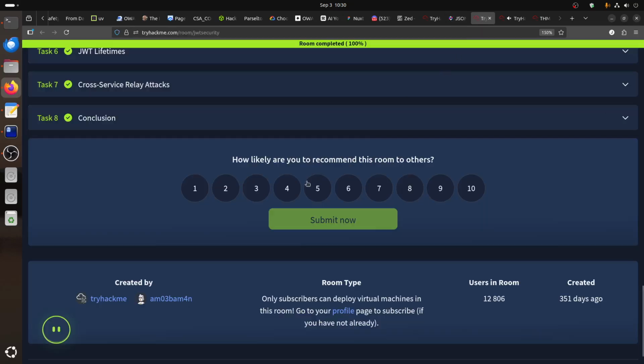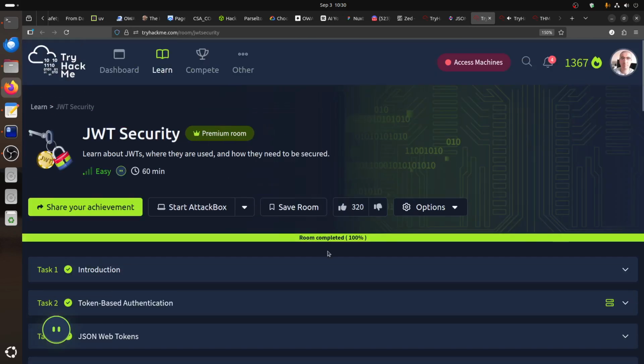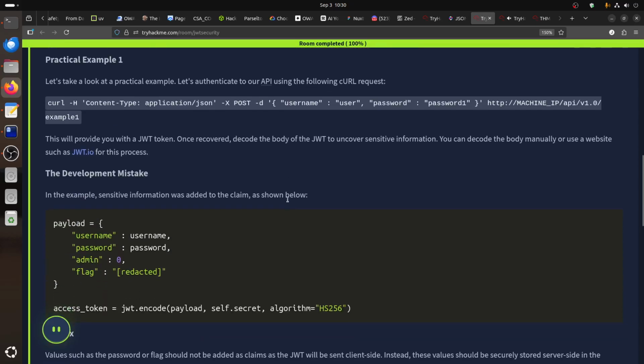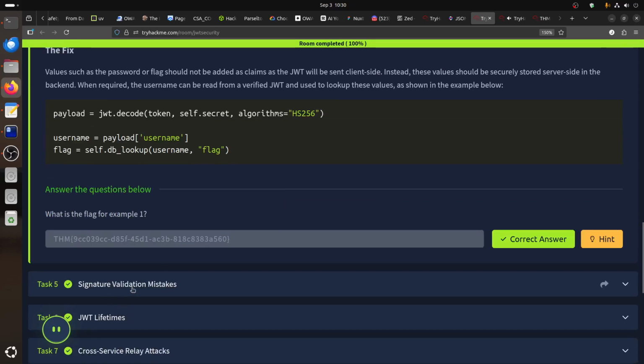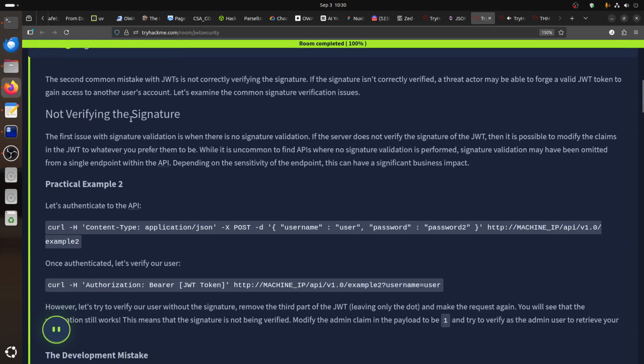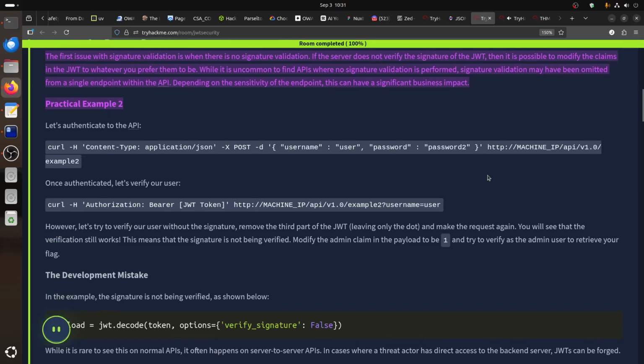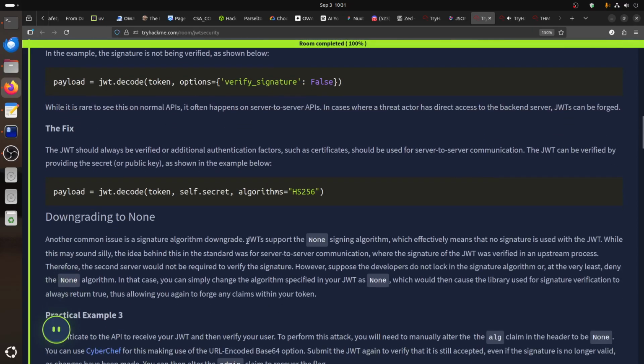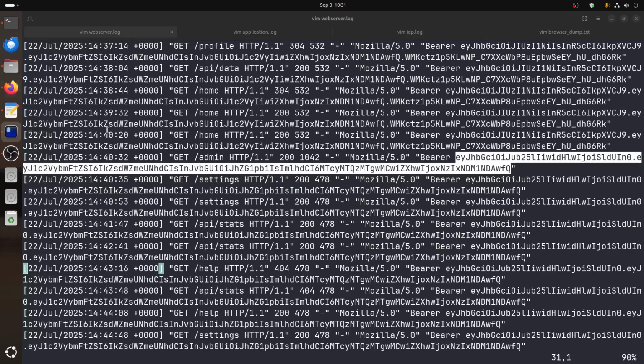Now if you go to the OWASP security, for example, sensitive information disclosure, they talk about one, not here, the next one: not verifying the signature. The first issue with signature validation is when there is no signature validation. If the server does not verify the signature, you can bypass it. And here we talk about JWT supporting none. So basically this attacker, what he did, if you look for it, he did this because